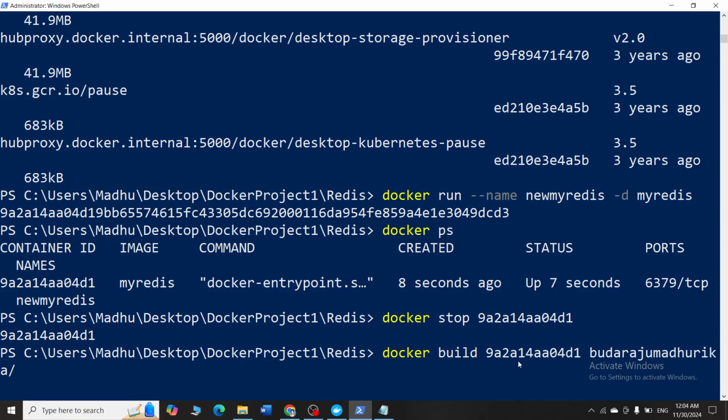Now say suppose Redis new image is the name. So now in my local repository, whatever Redis image I have created using the Docker file will be saved under the name Budharaju Madhurika / Redis new image. So I'll press enter.